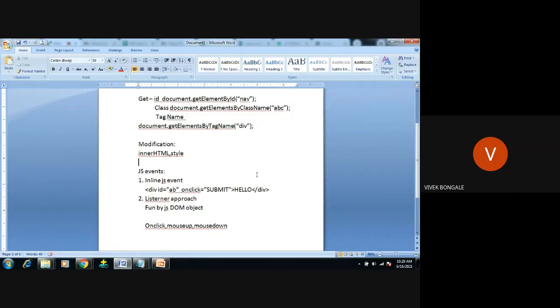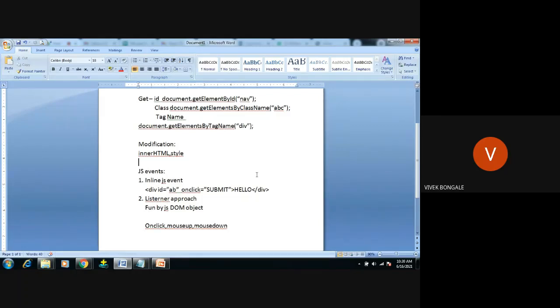What is a JavaScript event? Event is nothing but JavaScript waiting for some input or response from the user. It is requesting a task to do. We can do a JavaScript event in two ways: either the inline JavaScript event or the listener approach. Inline, we directly give the event under this element, this tag.